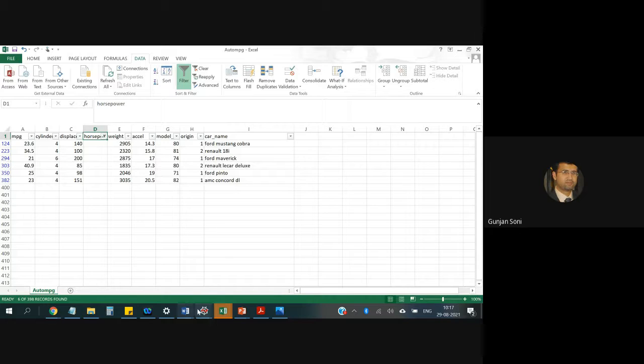Okay, now we come back. What do we do with this missing data? Can we delete all the rows in the missing data? What's the problem with deleting the rows? Anyone? If we delete the rows, what's the issue? We can do that, but our accuracy will reduce. Yeah, we are losing some data points.